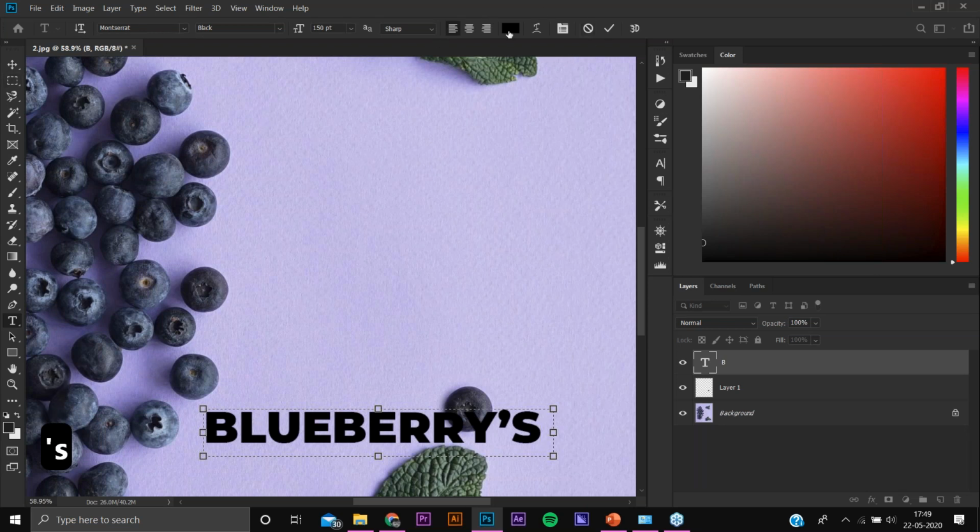So you can change the font color from the upper side of this, where you have a selection tool. Sorry, and change it to white.